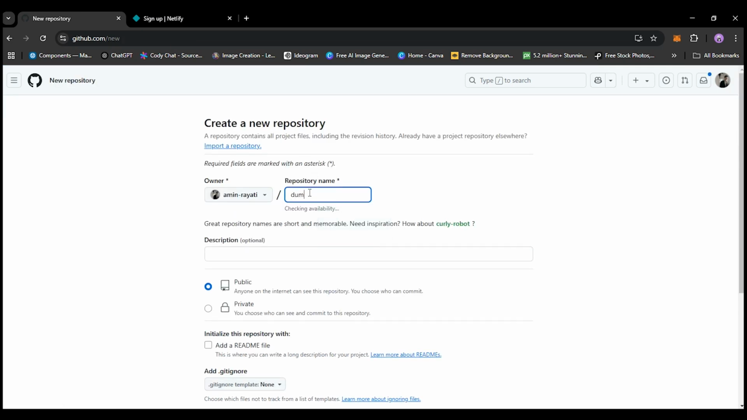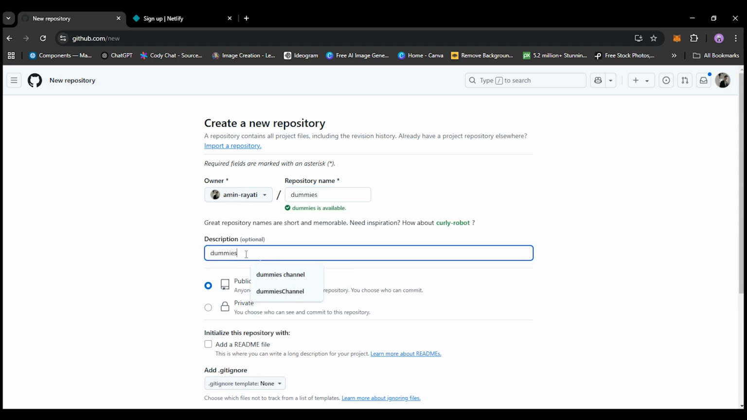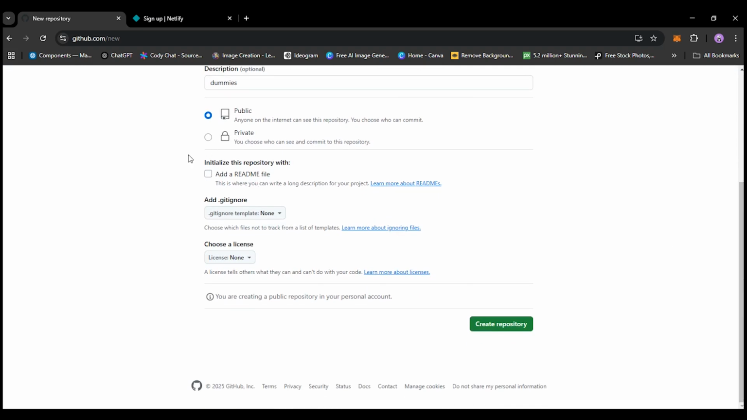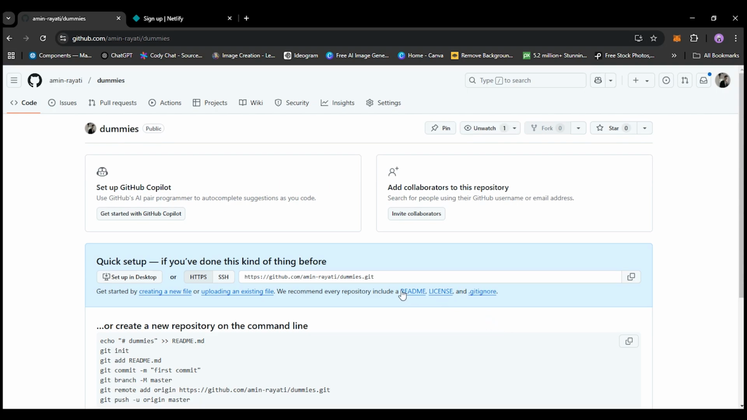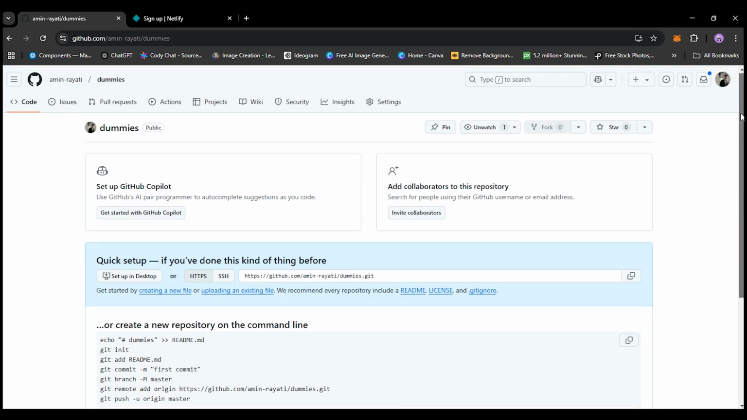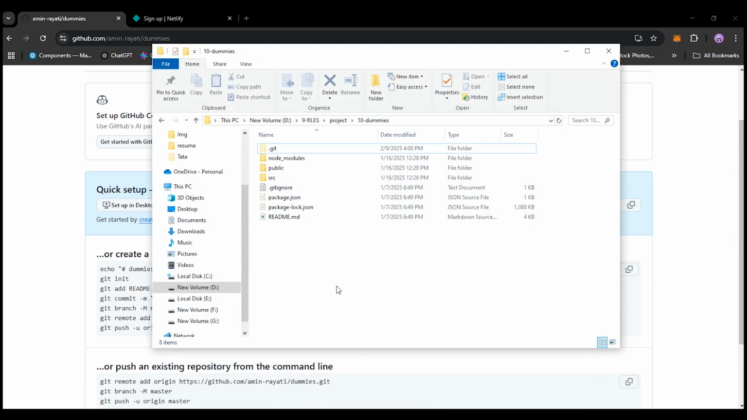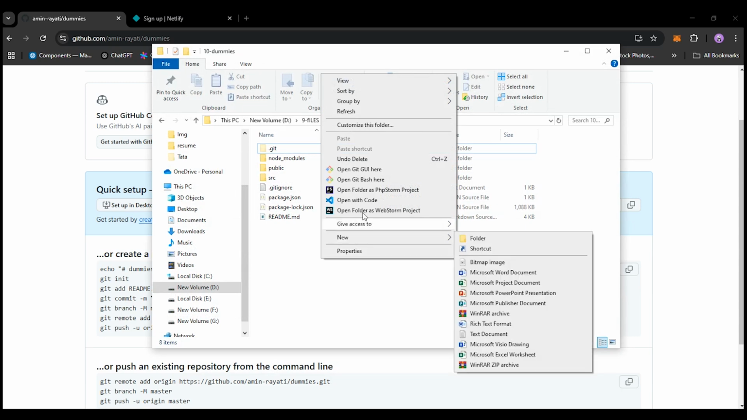I want to name it dummies and copy it as the description. There's no need to set up other settings, and here we go, Create repository, to create our repository on GitHub. Here we go, our repository is created, and we should navigate to our project folder like this and